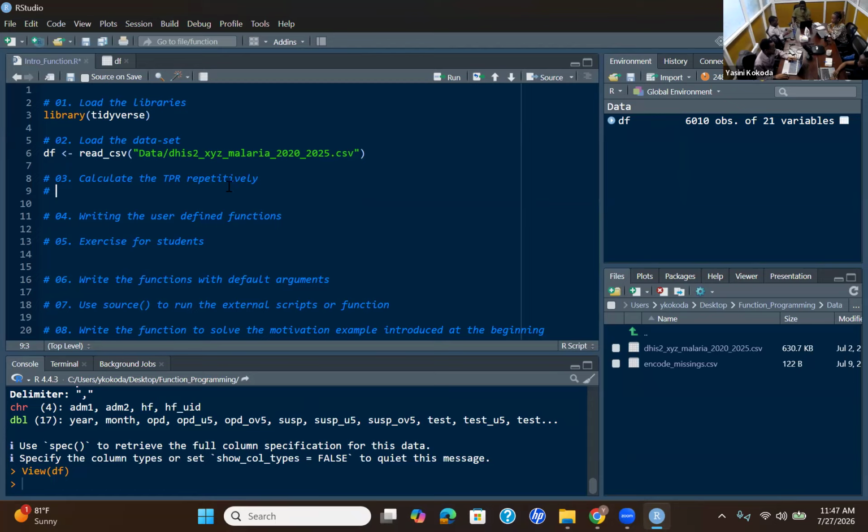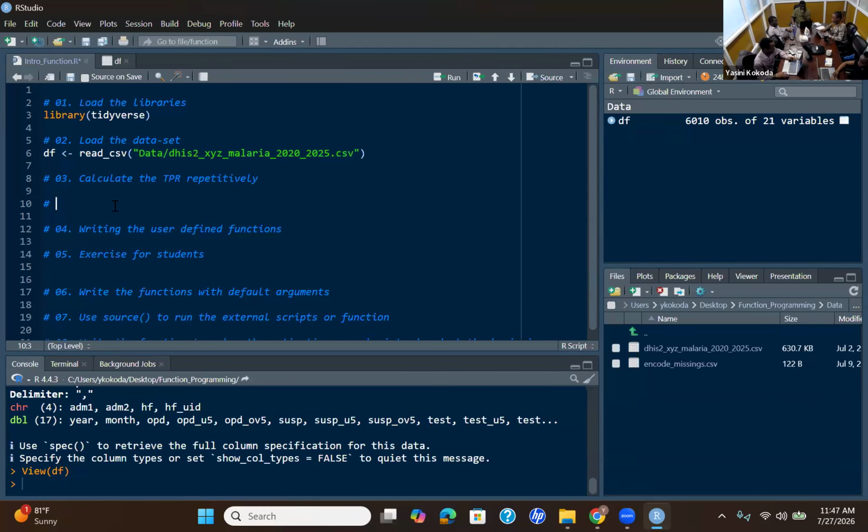And in this case, we are interested in TPR for all ages. The column named conf and test, not under 5 and over 5. So you can say TPR at health facility level.